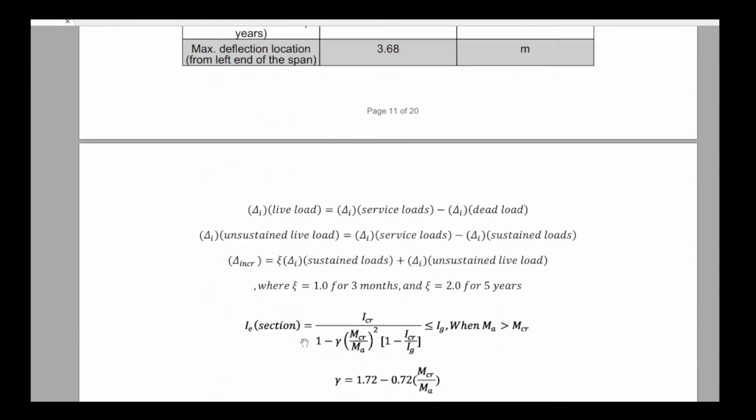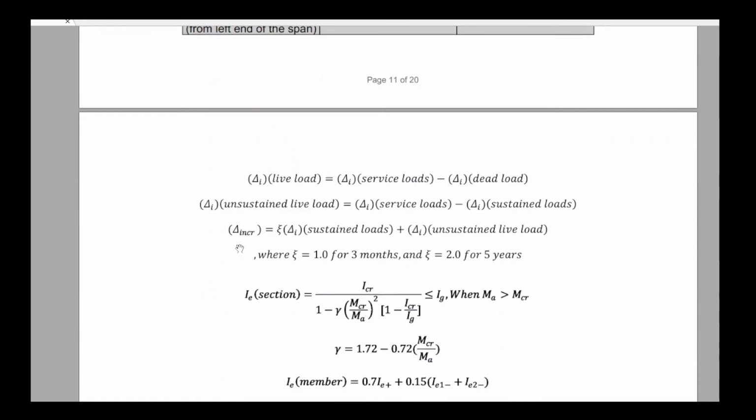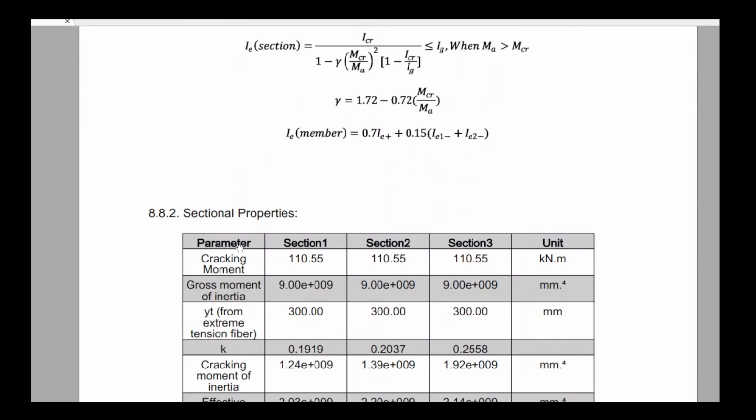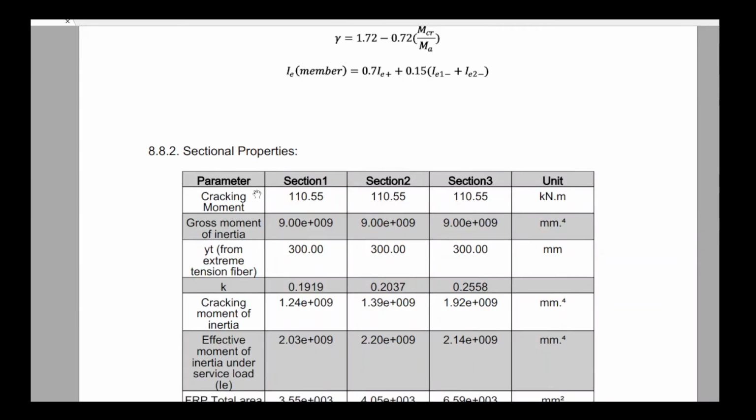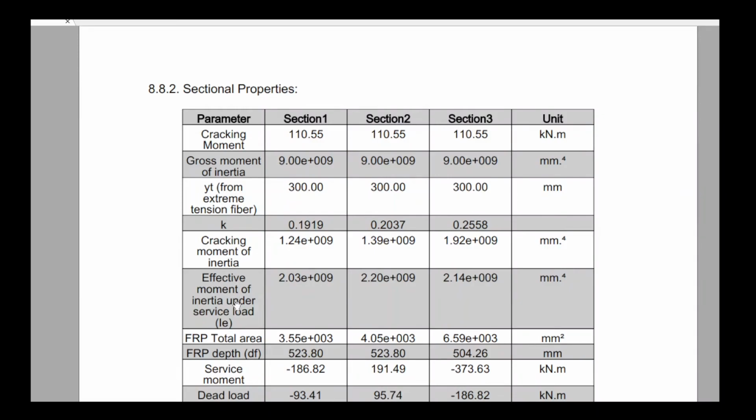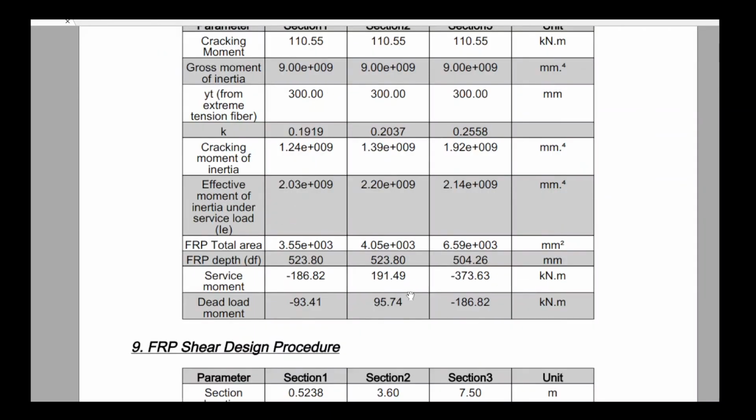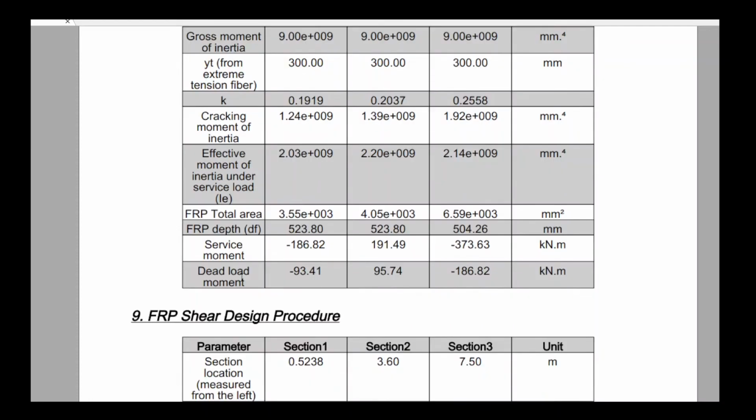end of the span. And then we have the equation that we used, and then we have the properties of each section in the span for the deflection calculation. We have the cracking moment, IG, the gross moment of inertia, we have the cracking moment, and then we have the effective moment of inertia, IE, for each section that we used. We used these 3 to get the I effective for the whole span. We have the total area of FRP, at what depth, we have the service moment, and we have the dead